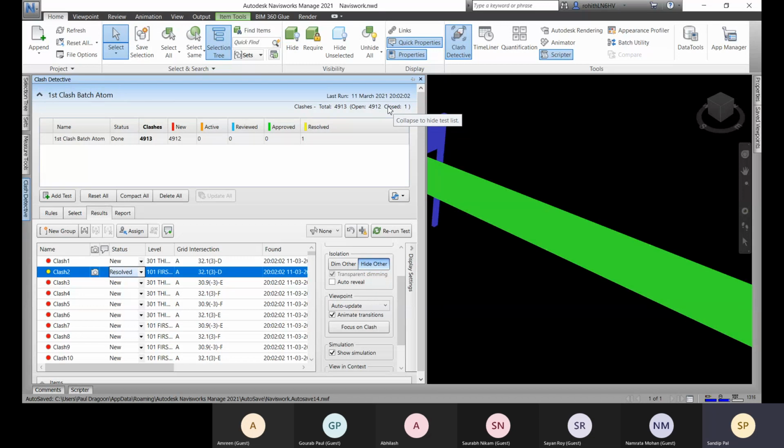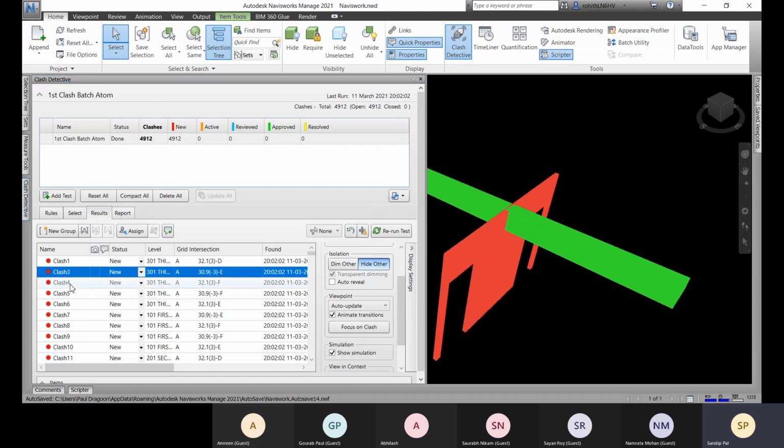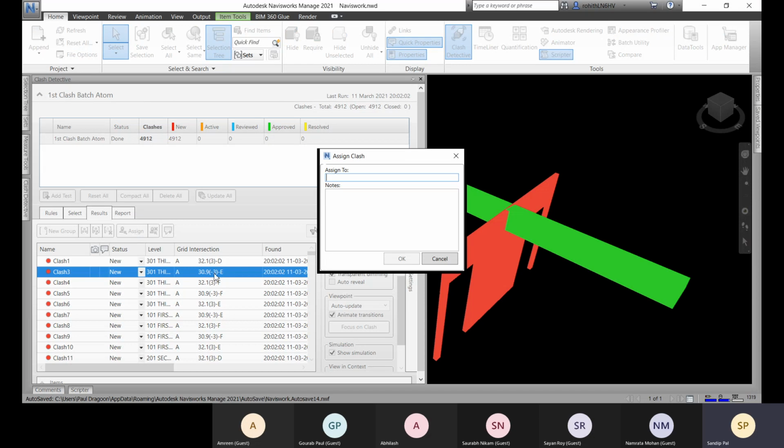This way you will be adding all the resolved ones to the closed list. Here you can see that this is under closed classes, and if you click on the compact option, that will not be available. Right now we are on class 3. There is no more class 2, right? This way we can resolve. And let me assign this to Sion. Okay, Sion, what is your title?